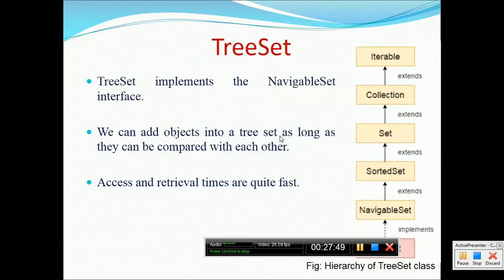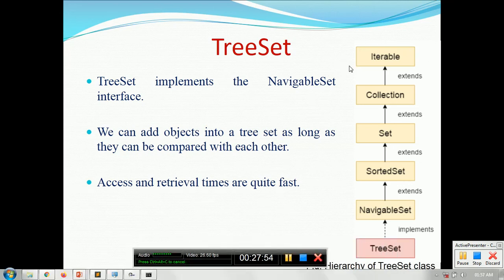Coming to the TreeSet. If you look into the TreeSet here, we have Iterable at the top, then Collection, then Set, SortedSet and NavigableSet. These are all the interfaces, and then we have TreeSet that implements the NavigableSet interface. We can add objects in the TreeSet as long as they are comparable with each other. Means you can only add such elements that are comparable in nature, because the TreeSet